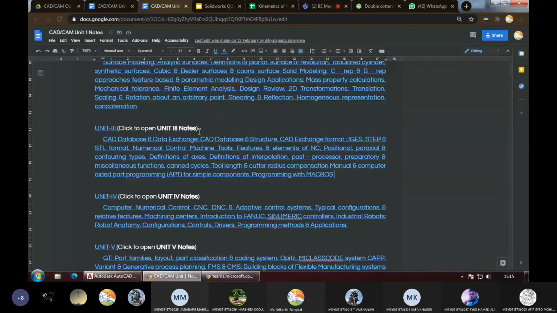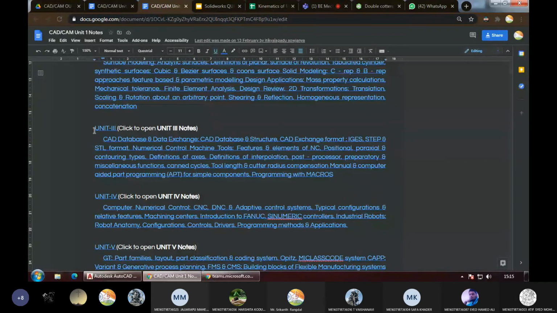And this is where the CAM part is going to start. CAM means computer aided manufacturing. And when we are talking about manufacturing, we'll be using the computers to manufacture the different parts. So this is where the CNC will come into play. CNC, DNC, NC. NC means the numerical control, and all the different languages that are used to control the CNC.